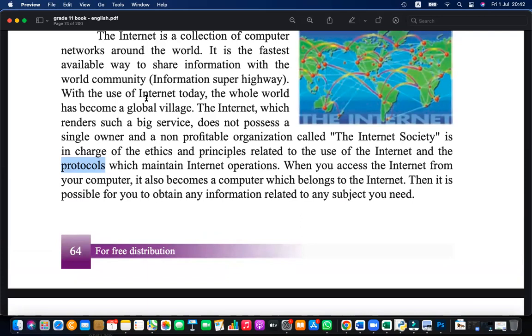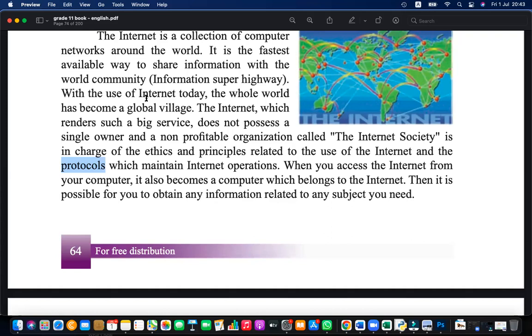What is the purpose of having a protocol in communication? Any idea? If you have any idea, you can tell. If no idea, tell me that, then I can explain. Seems no idea, right?